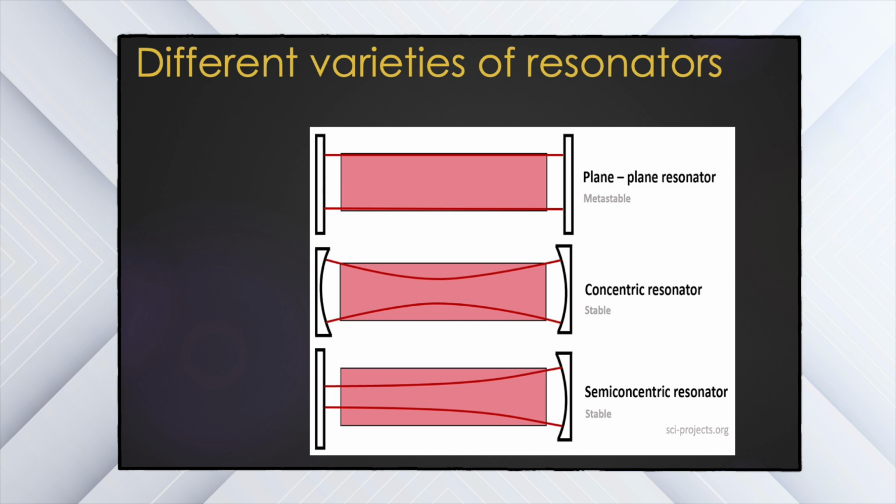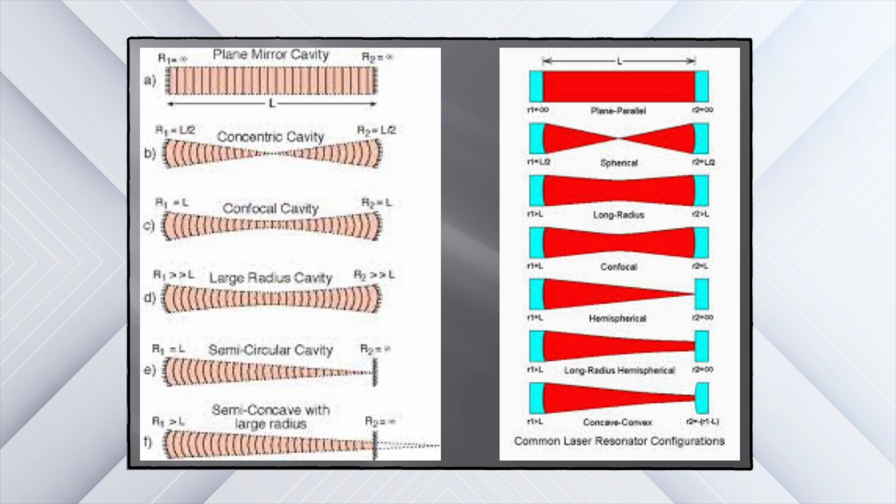Let us see more. There are so many varieties. Now you can see a variety of mirror resonator configurations. The top one is a plain parallel, which we have discussed so many times. The next one, you can focus on the right red light one, so it's easy to understand. This is a spherical mirror with the center of curvature of the concave mirrors joining together. That's concentric. Another one is a long radius mirror. Below that you have a confocal